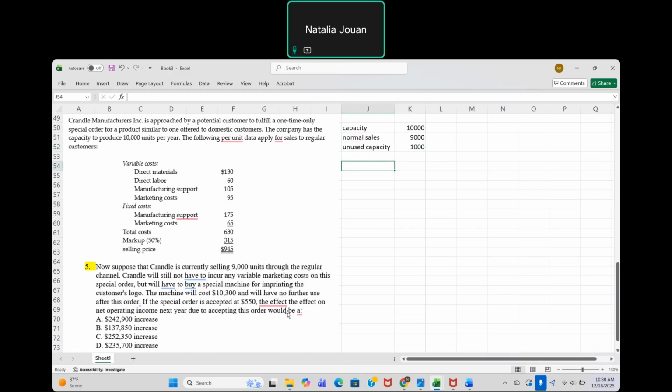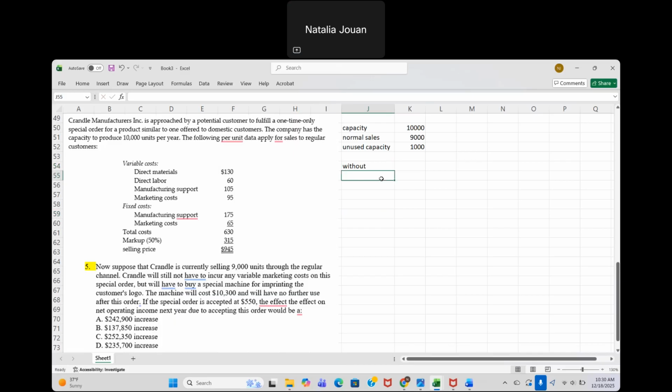It doesn't say it here, but it's the same problem. It means that we're exceeding capacity. So let's do the analysis without the special order and with the special order. Let's start without the special order. What is our regular contribution margin per unit? Well, regular selling price is 945. So the contribution margin per unit,